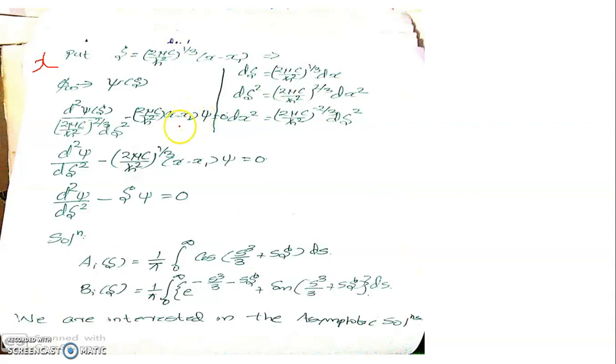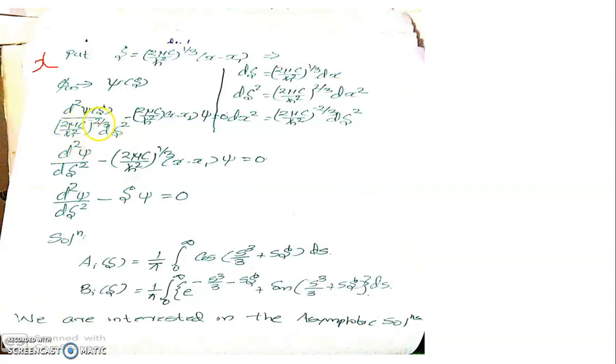into (x minus x1), phi is shifted to psi of zeta. Of course, this involves x. However, this is a substitution for the next step. I already have zeta here, so this term is retained in terms of x. However, this is not an x term, this is a zeta term. That equals 0. Now we multiply the entire equation by (2 mu c by h cross square) raised to minus 2 by 3,